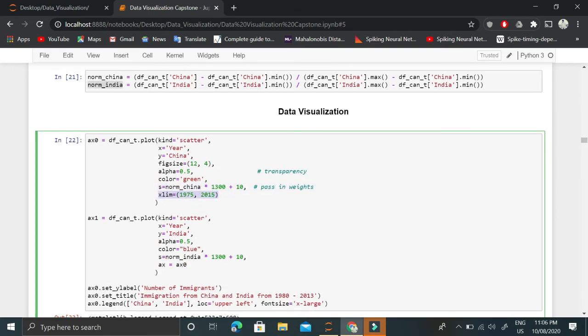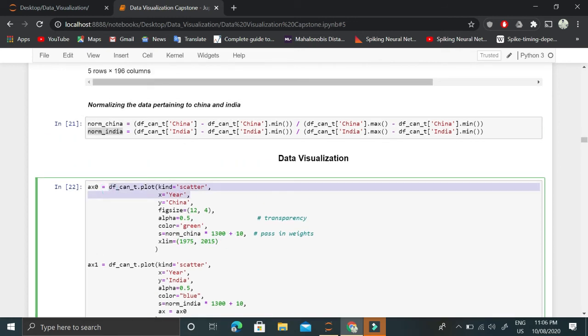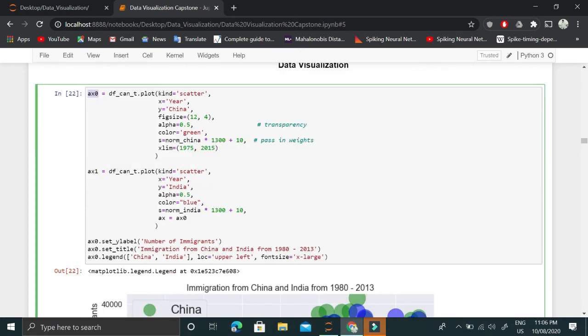Okay, once it is understood, then when this plot is plotted, the handle is given to this variable x0. So this is important. Why?